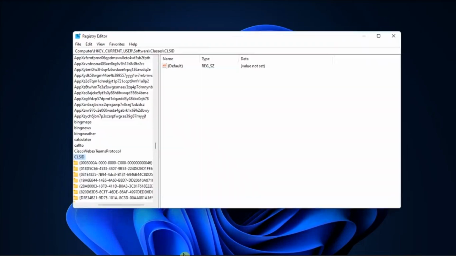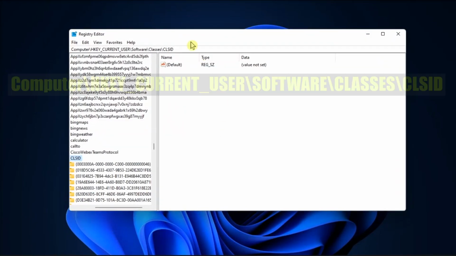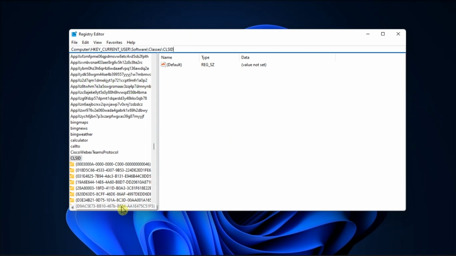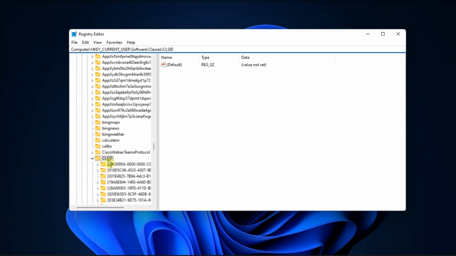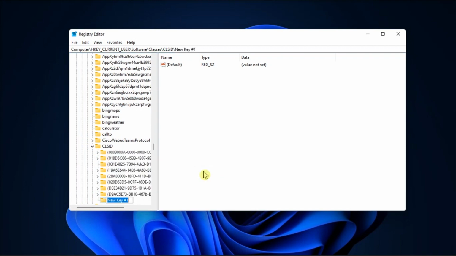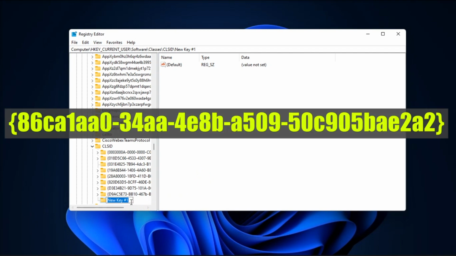Just go to regedit, navigate to this path, then right-click on the left-hand pane, select New, then choose Key. Once done, name the new key with this,